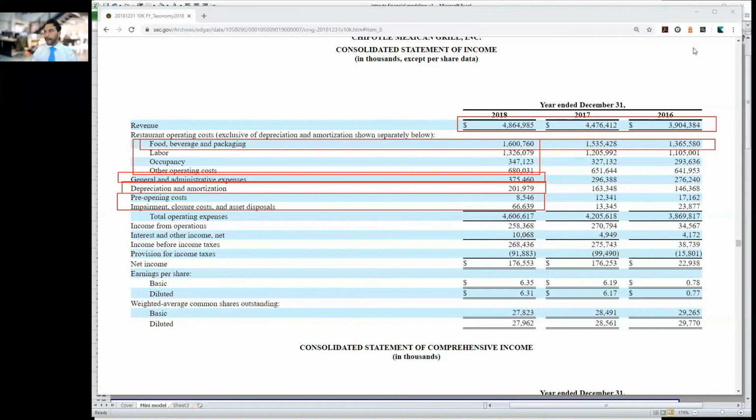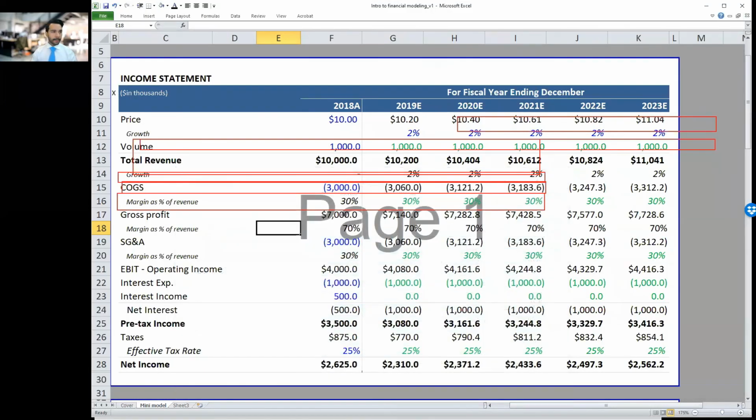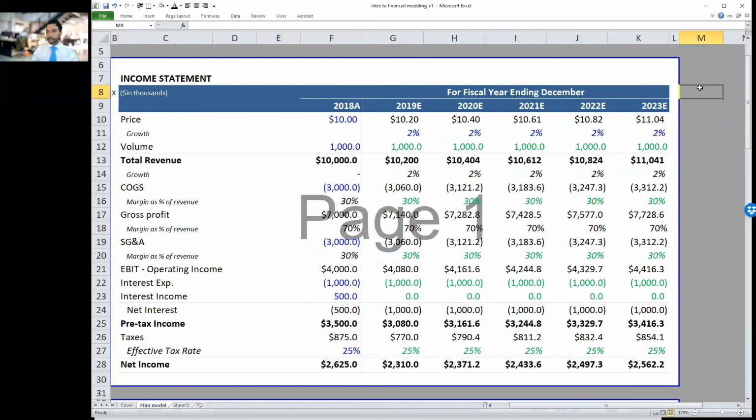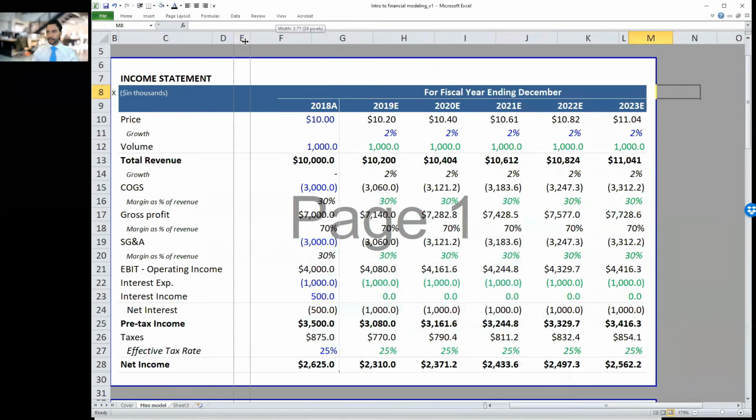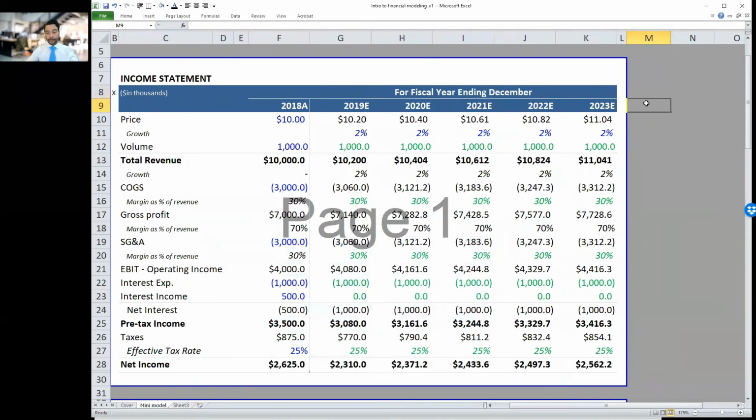So let me revert back to our Excel model. And let's just put right here, let me reduce the spacing here. And for reference, let's type modeling steps, just to summarize what we've done up to this point. So there's a couple of steps here. So what did we first do? We did historical